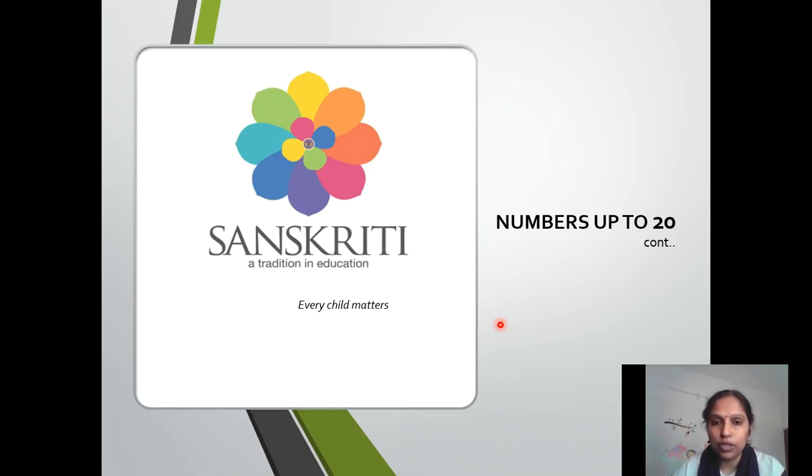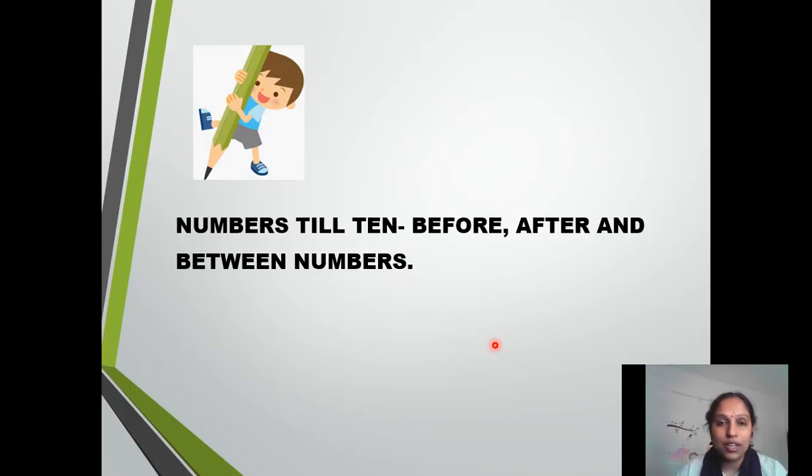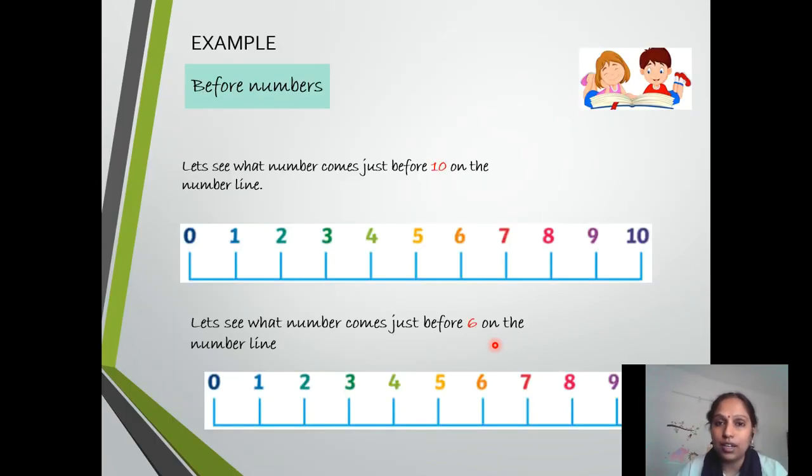Okay, so today we are going to learn about before, after, and between numbers. So, before starting, are you ready with your pencil, eraser, and textbook? Yes? Okay. So, have you done your homework which I gave? That is, writing numbers from 1 to 10 with the correct spellings in the rough notebook. Did you all practice at home? Did you do it or not? Okay, fine, no problem. Okay, so in today's class we will be learning about before, after, and between numbers.